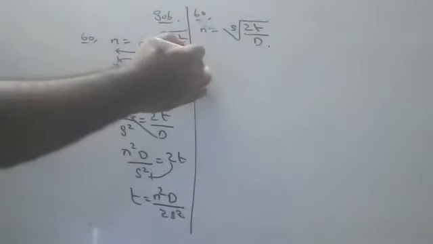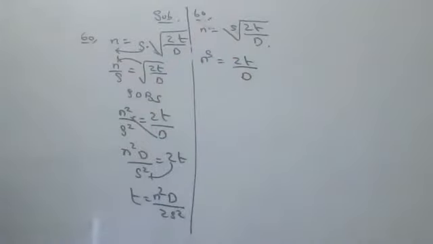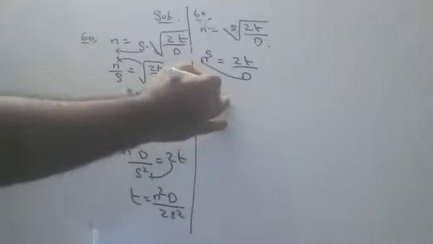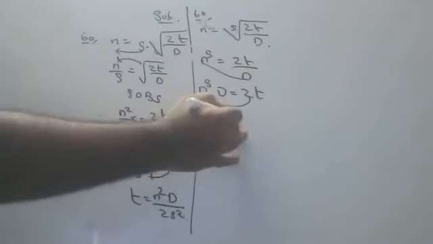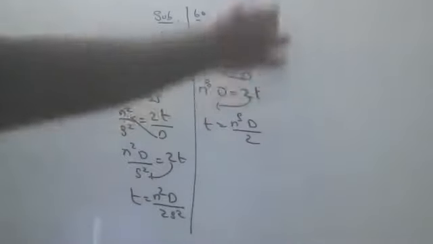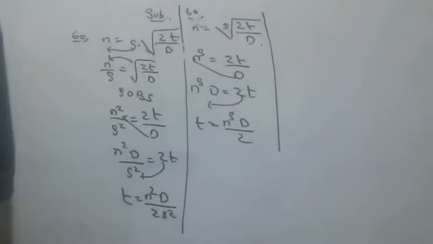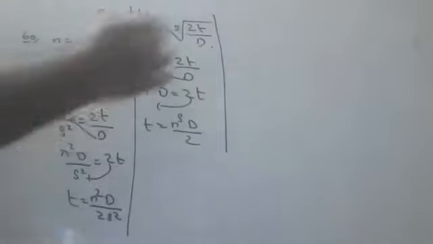s will come here. So n to the power of s is equal to 2t by d. Now d goes here: n to the power of s d is equal to 2t. 2 will come down. t is equal to n to the power of s d by 2. Like that, children, if you know the basics of the sums, you can do whatever the sum may be. Happily you can do the sum. That is the basics of the sum. Now, apart from this, we'll go to the next sum.